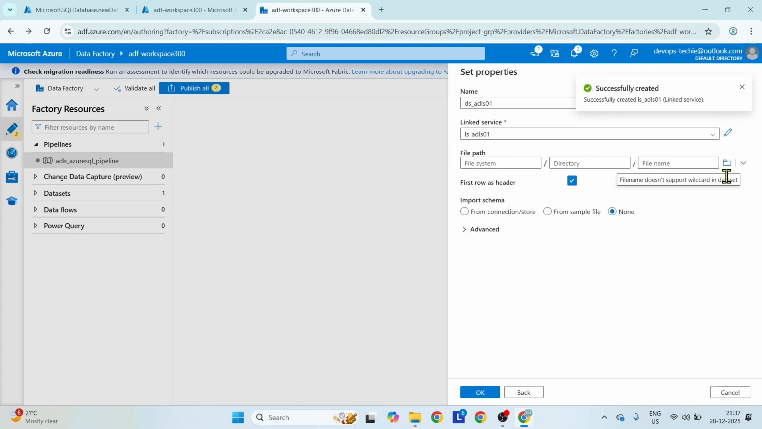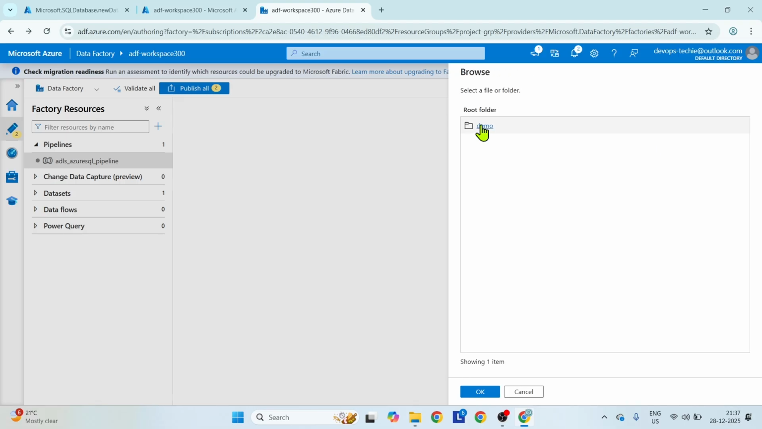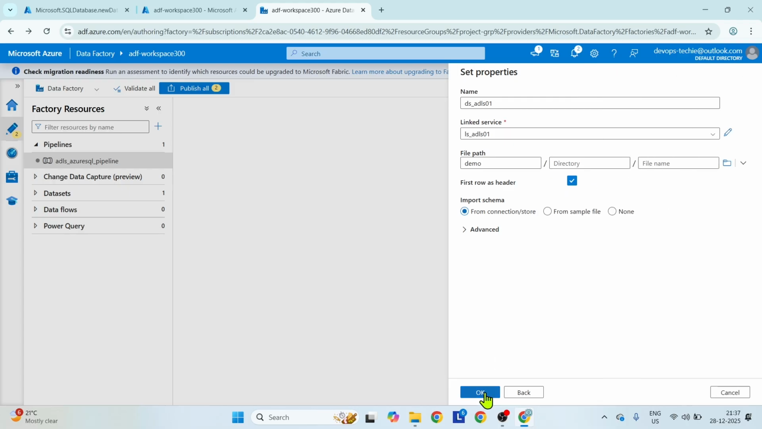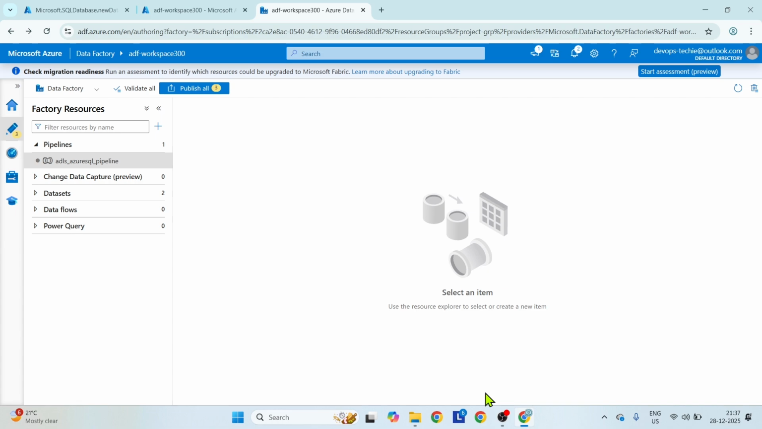So what we get here, we got this. Now I need to add the location, the location of my container. Just click on OK. Don't select any file here. I need to click on OK. If I click on OK here,